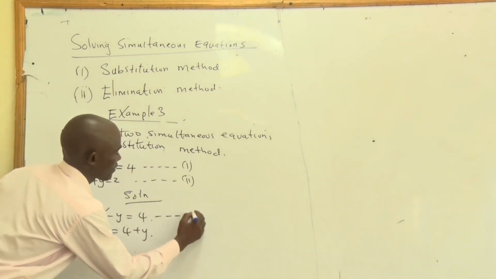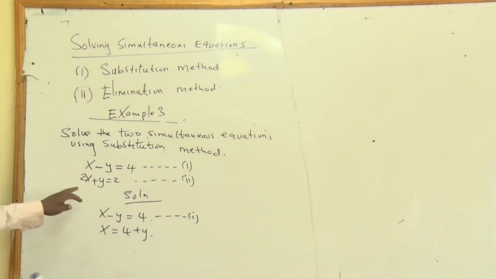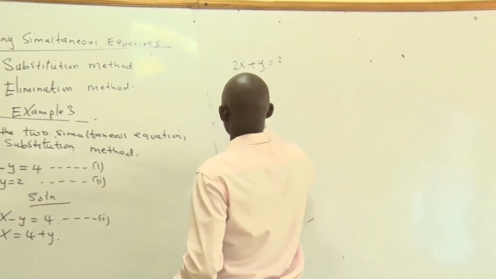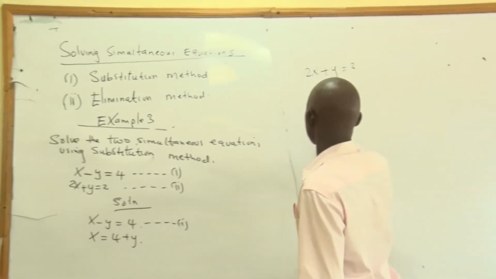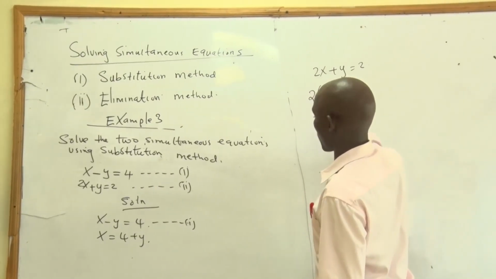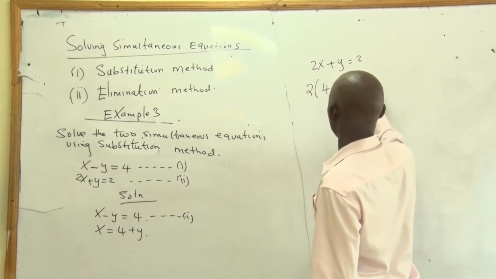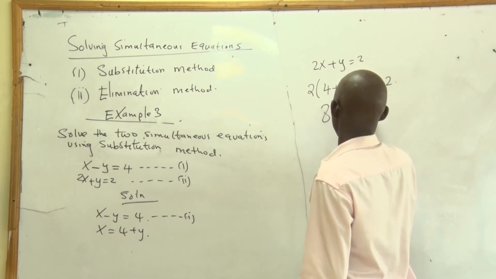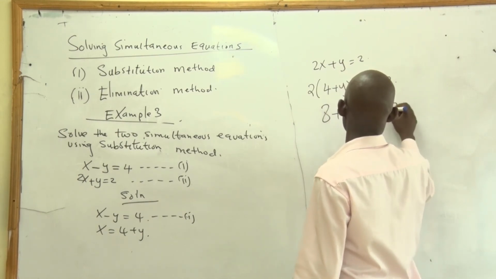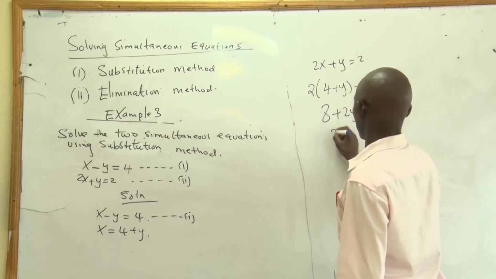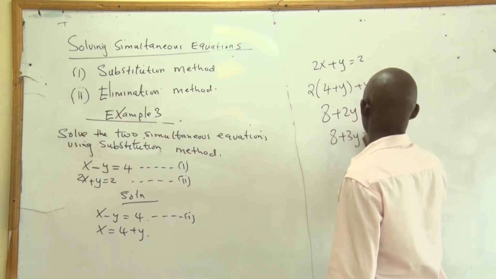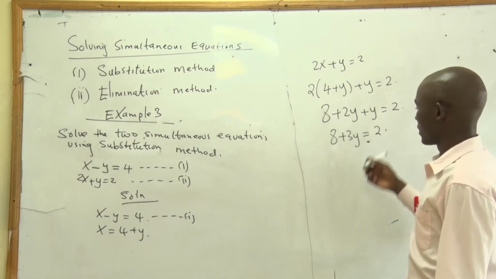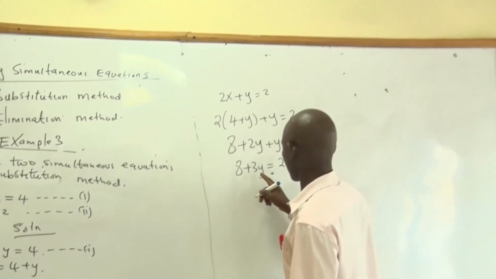Remember, this was our first equation. We can move ahead, write the second equation, which is 2x plus y is equals to 2. You substitute the value of x. Where we have x, you replace with 4 plus y is equals to 2. This is 8 plus 2y plus y is equals to 2. So 8 plus 3y will be equal to 2. If you take this 8 to the other side, you will get